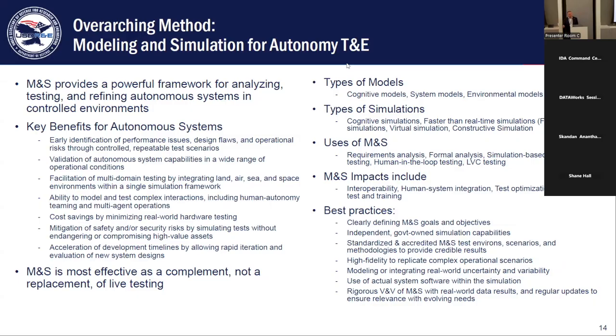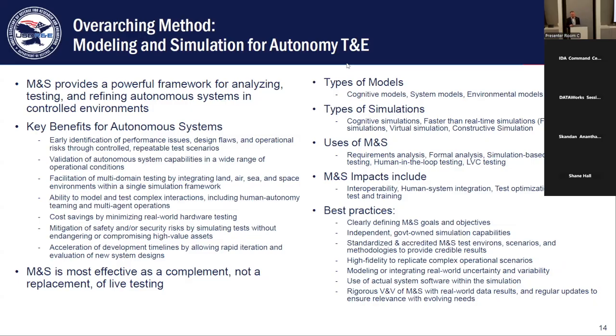Missy yesterday talked about how commercial companies don't want to do any live testing. They just want to do M&S only and say, we're done. It works. It's good, right? I don't think that's the right way for DoD. As I said in the lower left there, I believe M&S is a complement, not a replacement for live testing,